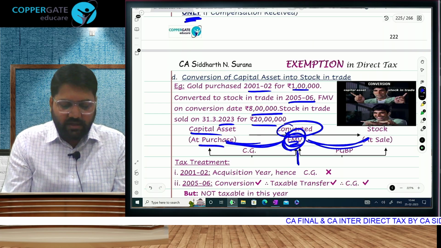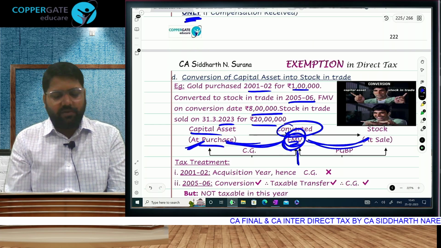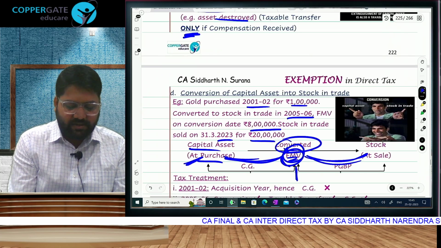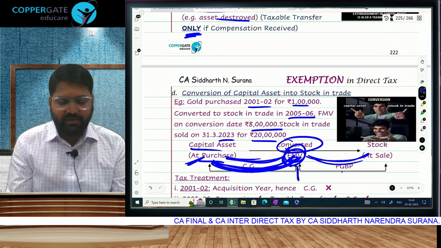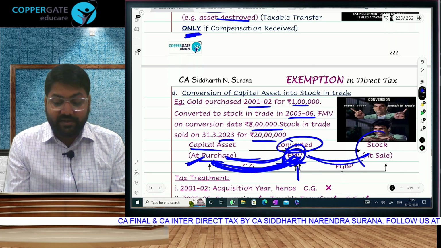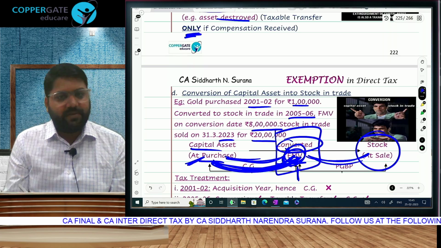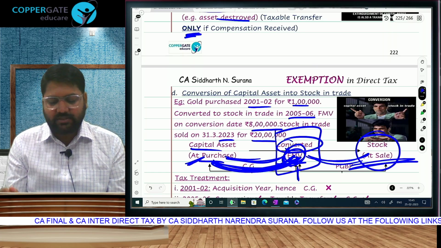What we will do is, the FMV on this date we will take as selling price and minus the cost price out here. The holding period will only be this much, and the indexation will also be given only for this much period. Indexation will stop here. However, the taxability will arise here. We are going to stop the holding period and indexation here, but we are going to tax your capital gain